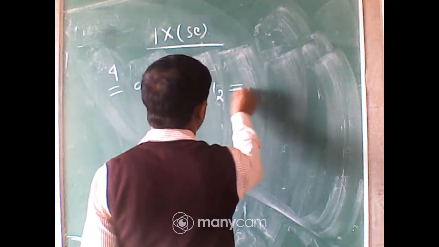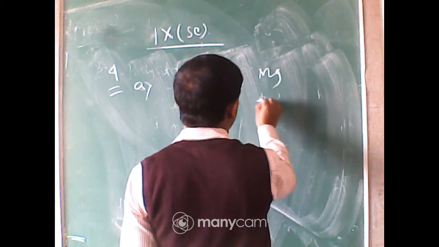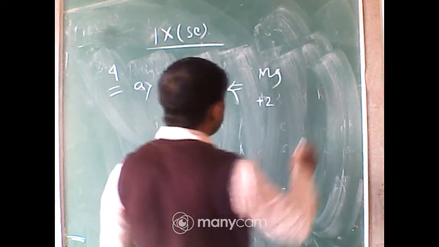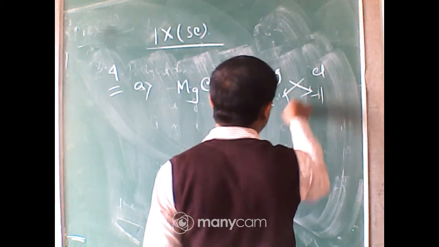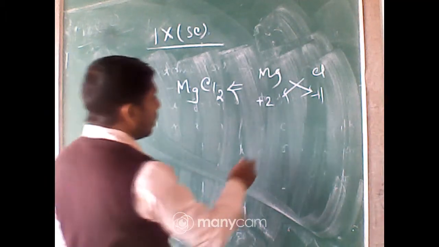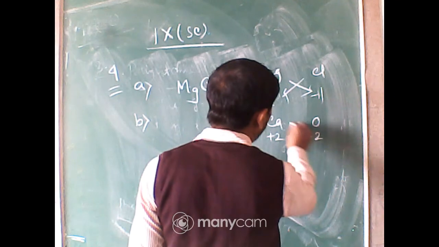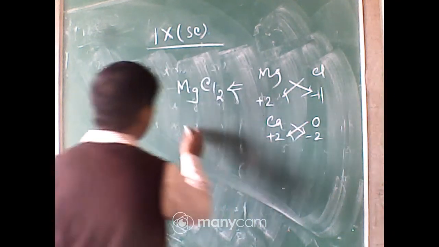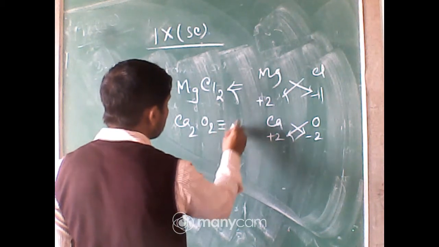Now how does this come? It comes from the valency: magnesium has valency +2, chlorine has valency -1, then cross multiply and you will get the formula. Next one, calcium has +2, oxygen has -2, cross multiply and you get Ca2O2, which in simplified form